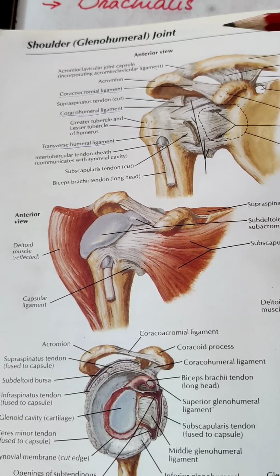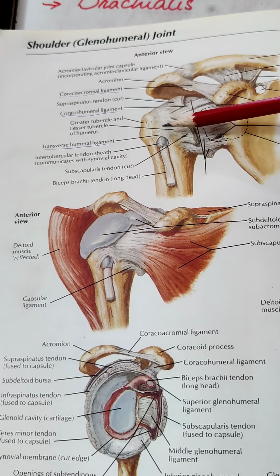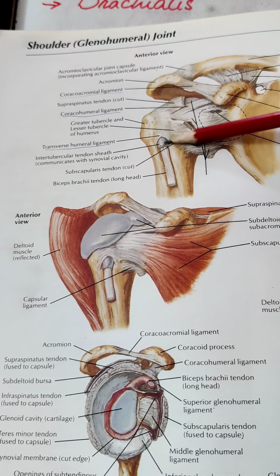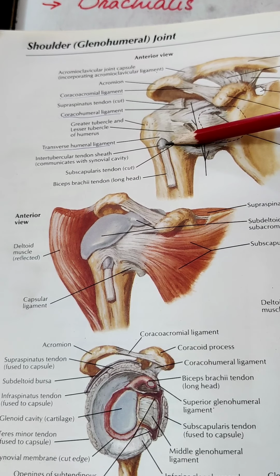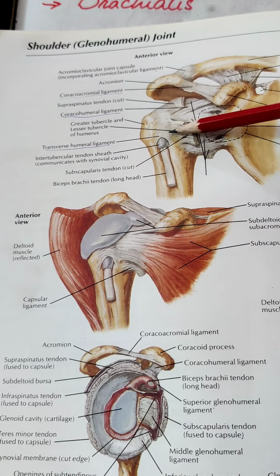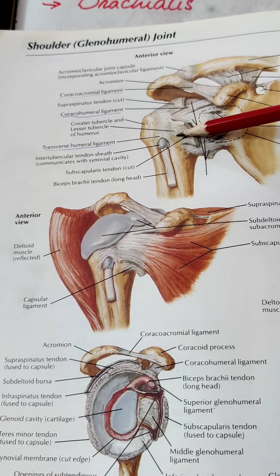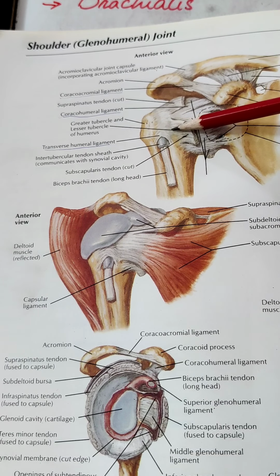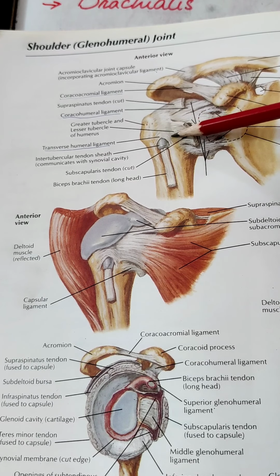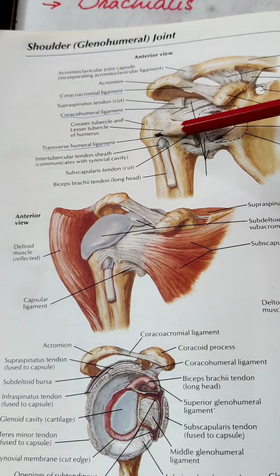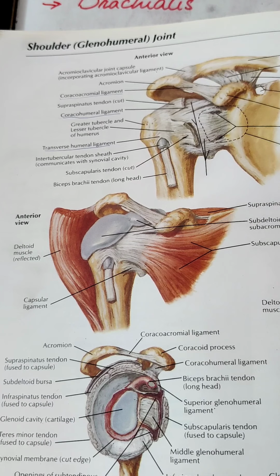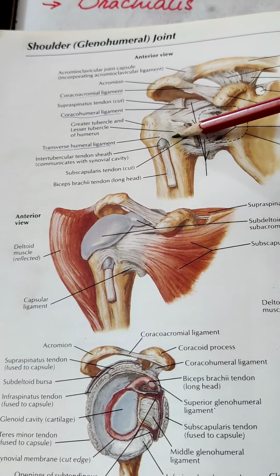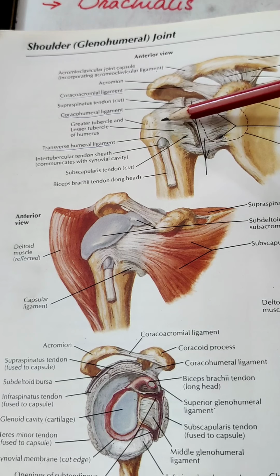So as the tendon of the long head of the biceps brachii travels within the bicipital groove of the humerus, there is a ligament which connects the two, the lesser and the greater tubercle of the humerus. So it extends between these two tubercles, and this is known as the transverse humeral ligament. So this covers the two tubercles of the humerus, and this bicipital groove